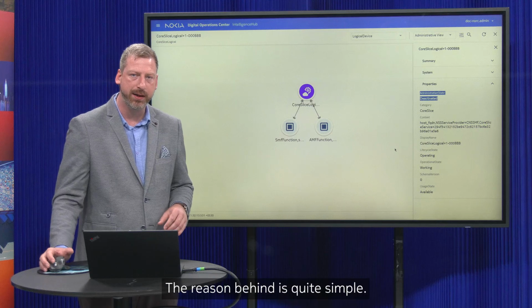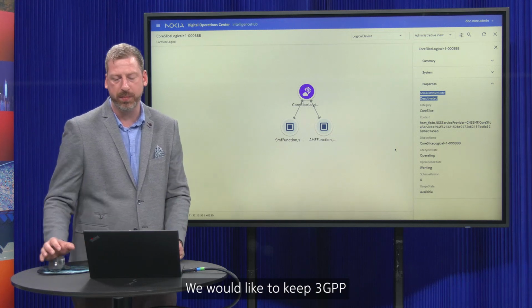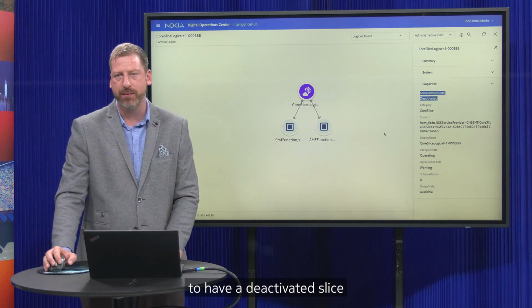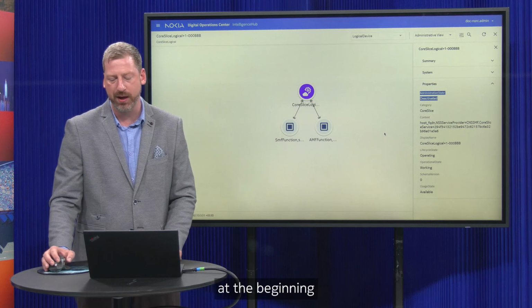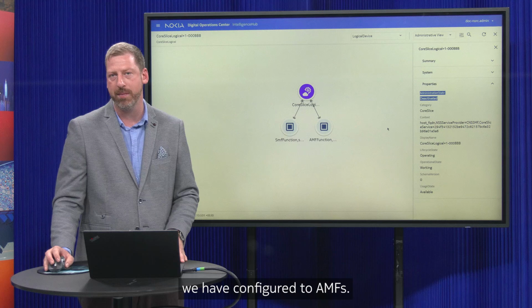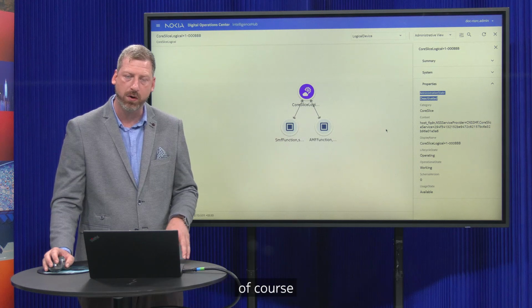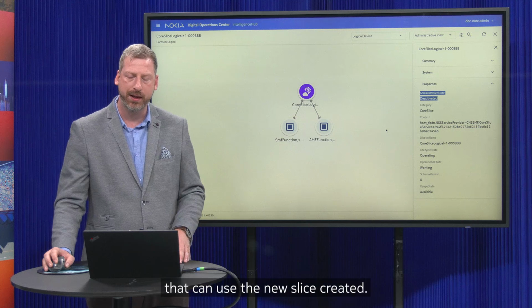The reason behind is quite simple. We would like to keep a 3GPP defined procedure to have a deactivated slice at the beginning and just to be able to activate it. And to activate it, we will configure the AMFs. So in that case, the subscribers and the user equipments, of course, can take the slice, then can use the